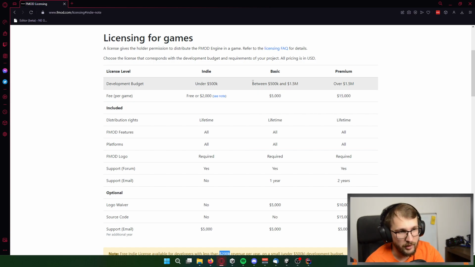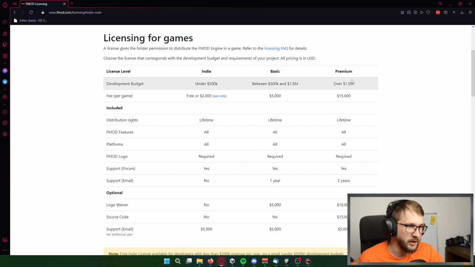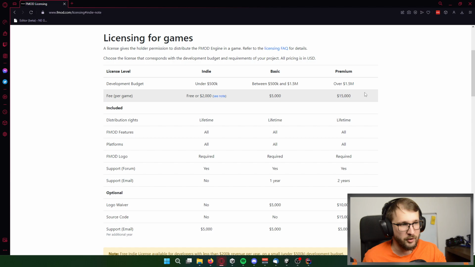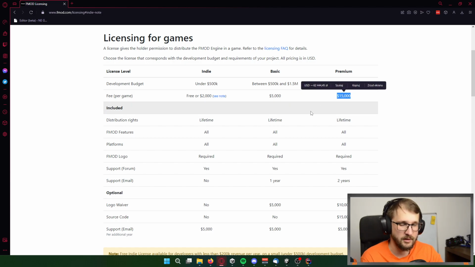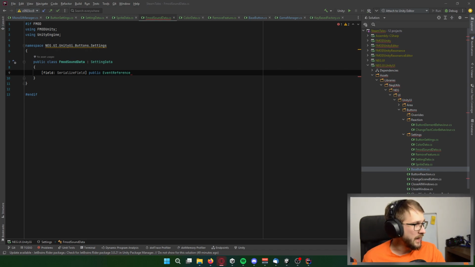But when you have bigger budgets, it's very reasonable to pay $5,000, or if you have even more than 1.5 million, to pay $15,000 for this tool. It's capable, and I love that it's a one-time payment upfront, because it's easier to